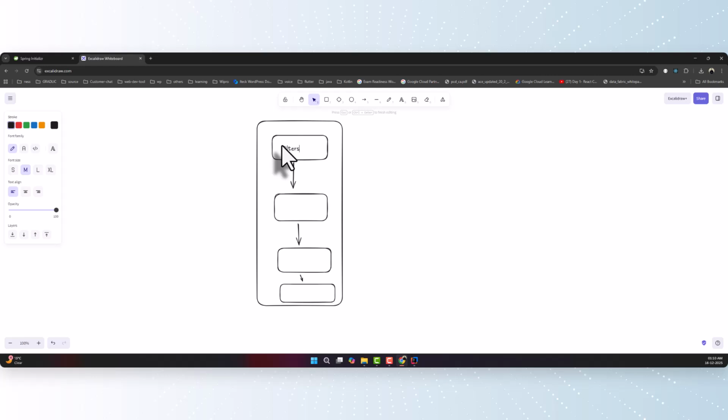Filter 1, another filter, this will be another filter, or maybe this will be the servlet, and then this will be our actual controller where the request will come. Okay,